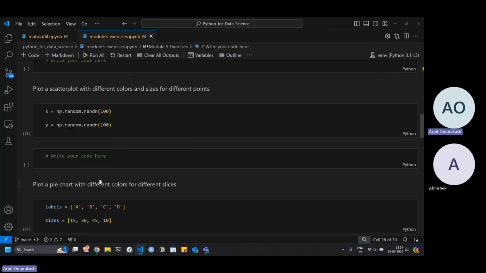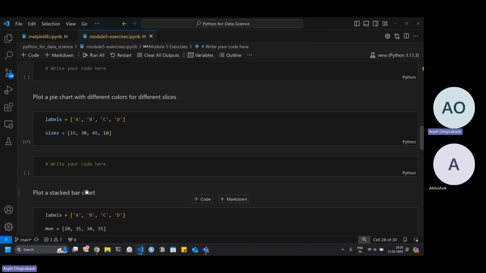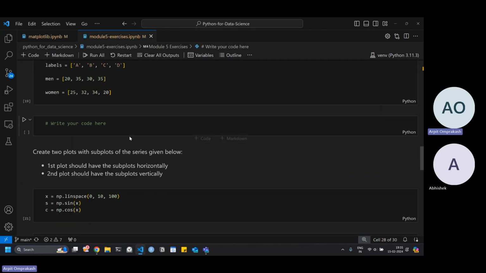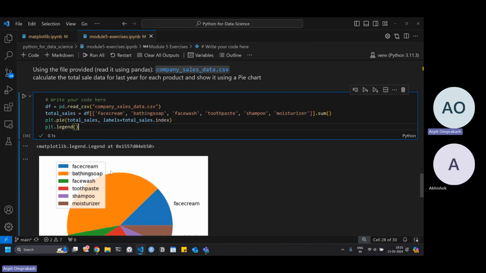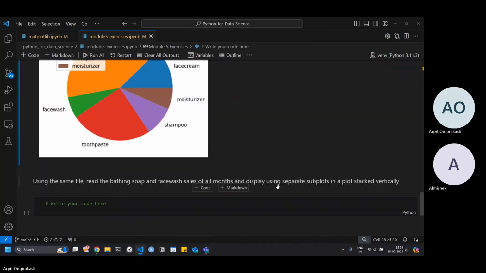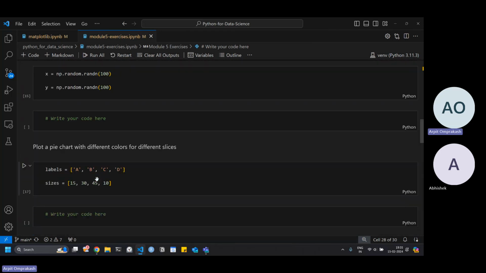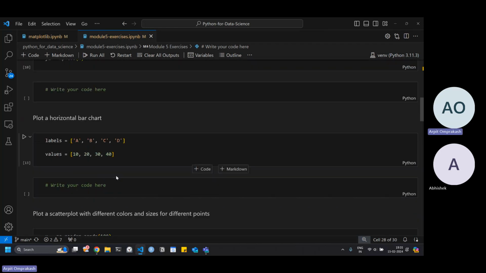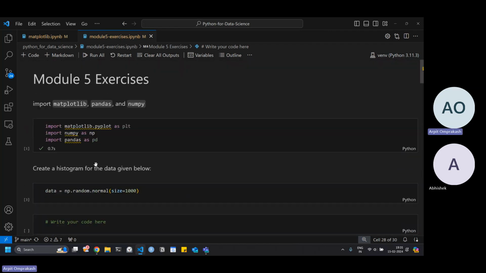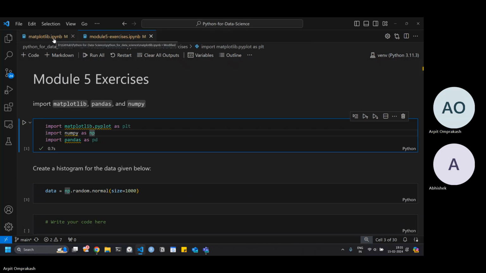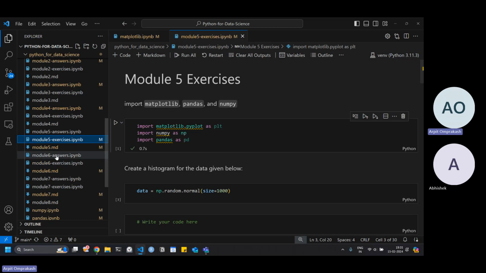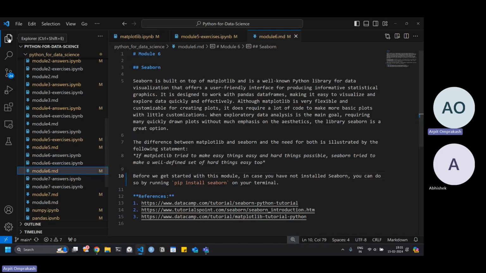Scatterplot we talked about, pie chart we just looked at. You should take a look at stacked bar chart, how it looks like, and what are the other kinds of plots that you can make. Okay, subplots and all things like that. I just want you to be slightly comfortable with using Matplotlib because this is the main plotting library that is there for Python. The other one we'll talk about next week basically is